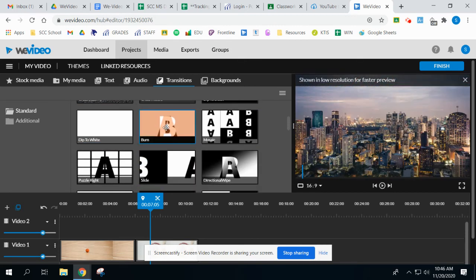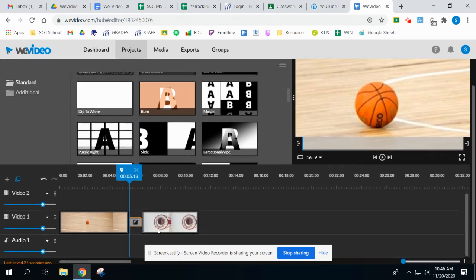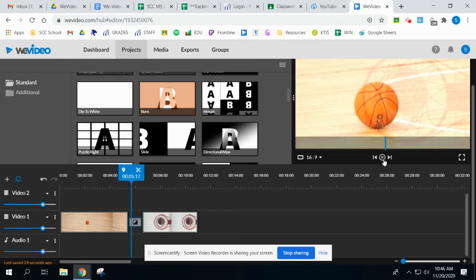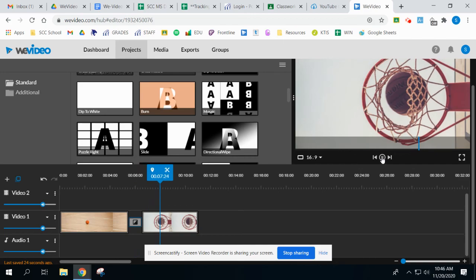So let's say you found one you like, you click, you drag it, and you bring it between the 2 pictures until it turns green like I did, and then it fits right in there. So if I bring my cursor here and I just kind of watch it, it transitioned very nicely from one page or